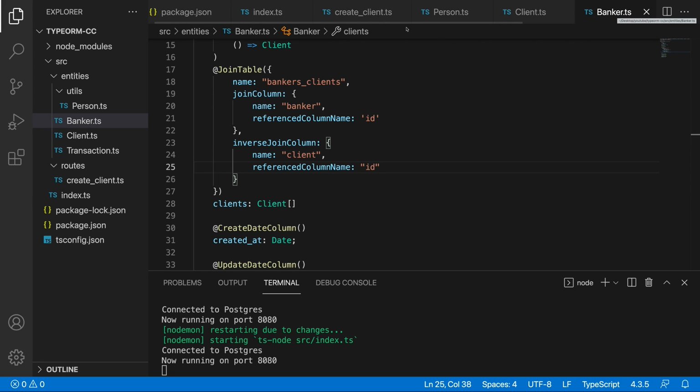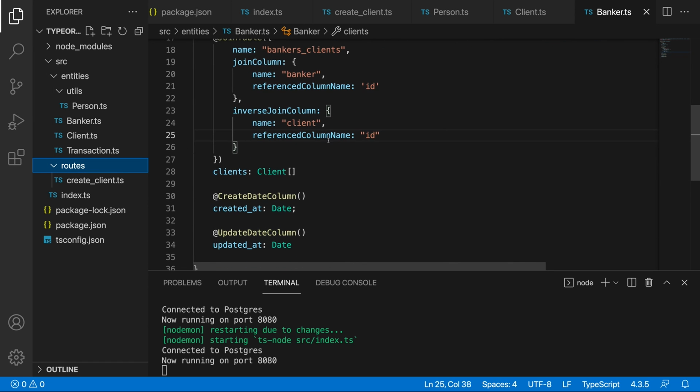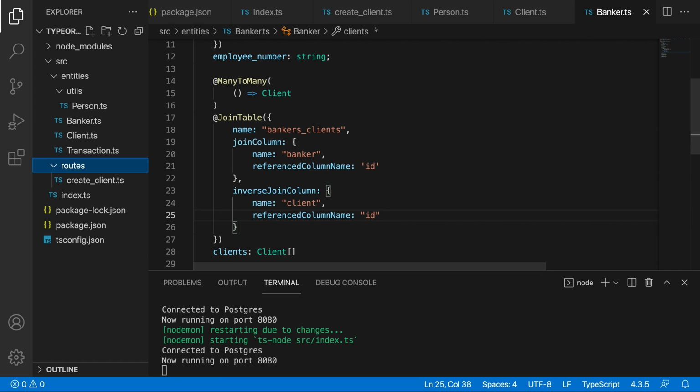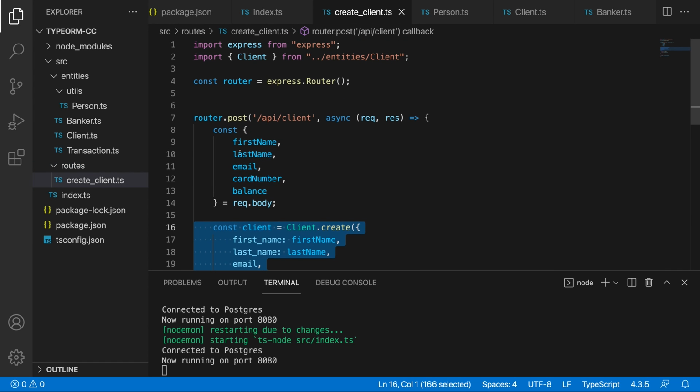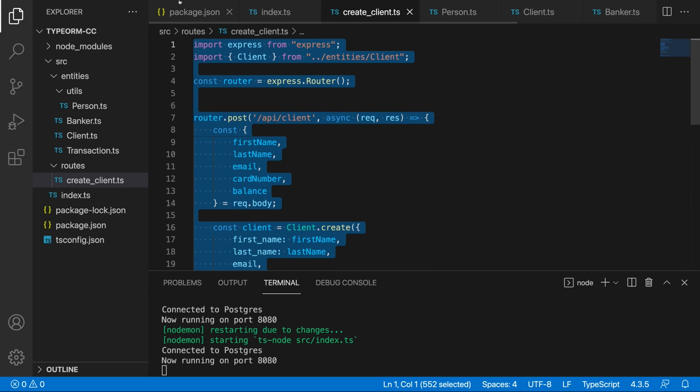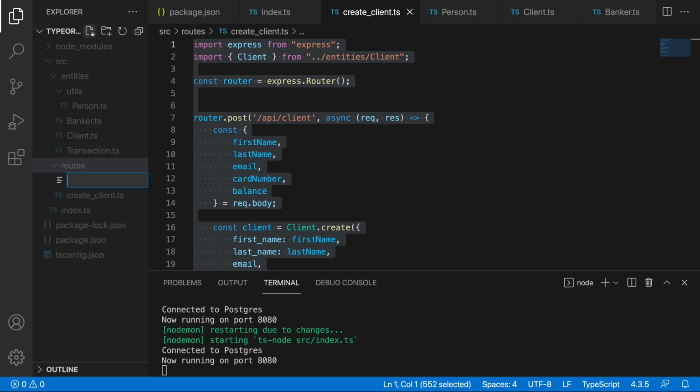So if you want, you can pause the video, but if not, I'll just create the banker route as well, just for practice. And this is going to be very similar, if not the same. Really, all we're changing is some of these things as well, because over here maybe you have the employee number, whereas for the client we don't. So what I'm going to do is I'm just going to quickly copy and paste this, and I'm going to